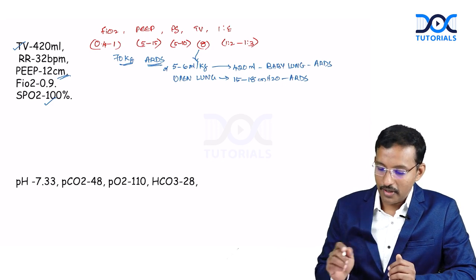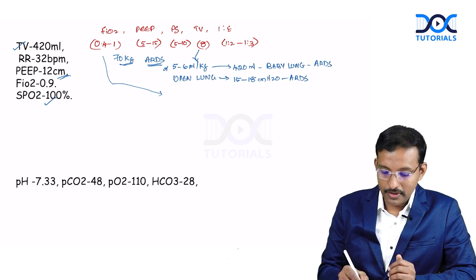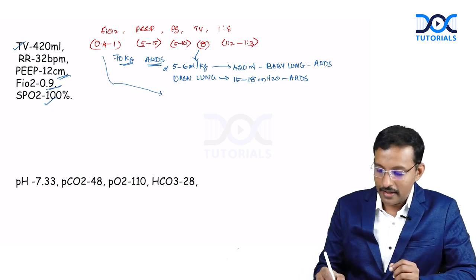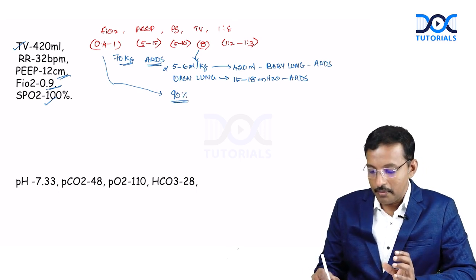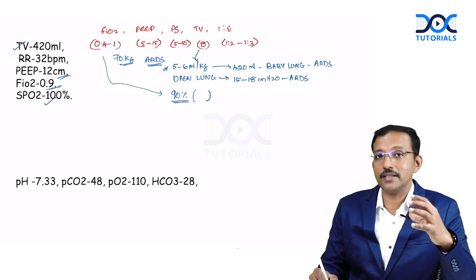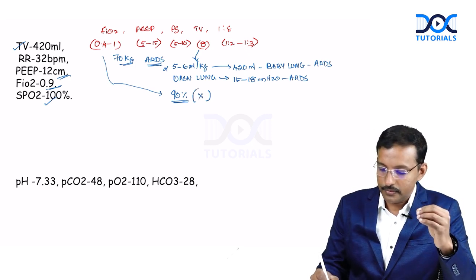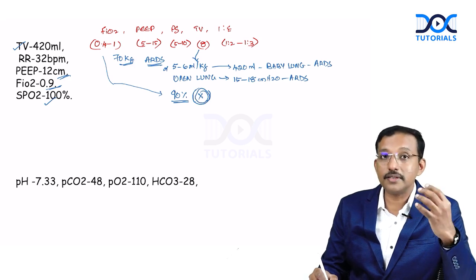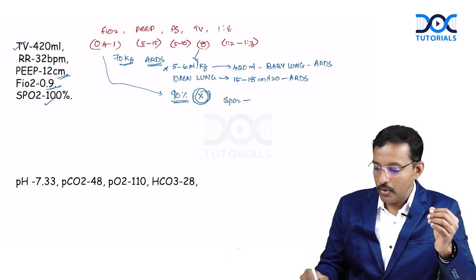Now coming to the third important aspect, FiO2. See, FiO2 they have kept it almost 90%, 0.9. Now the point here is this is something which is going to detrimentally affect the lung mechanics as well as the lung health of the patient. The lungs will be damaged with such a high amount of FiO2. So the idea is maintain an SpO2 anything above 88%